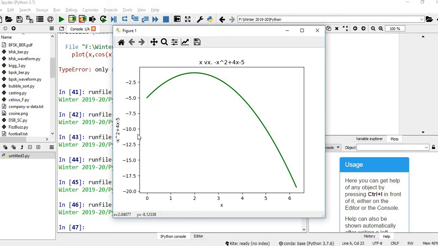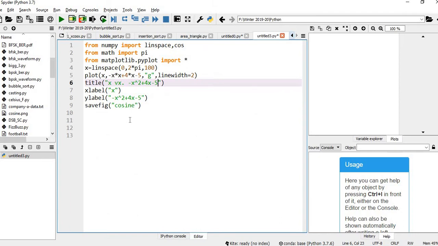The title too. But if you see here, the x square is not represented in math mode in the y label and the title. So you can use LaTeX here so that it will look like math. What you can do is add a dollar sign before and at the end, similarly wherever required, and it will become math mode.